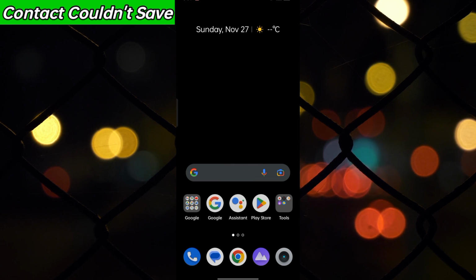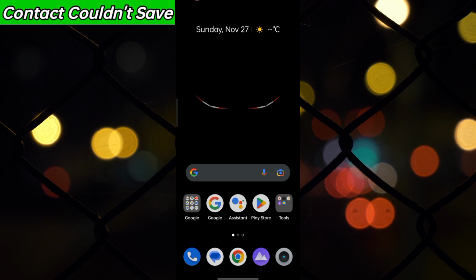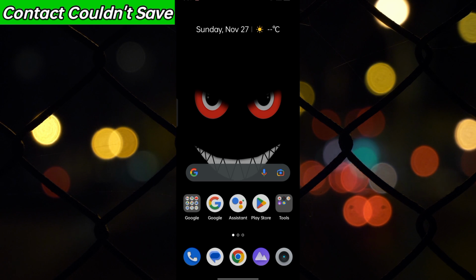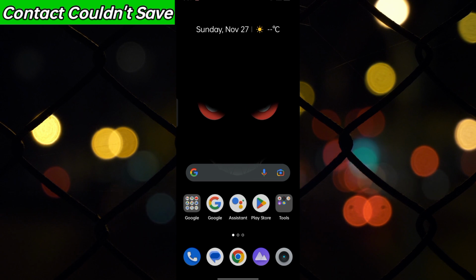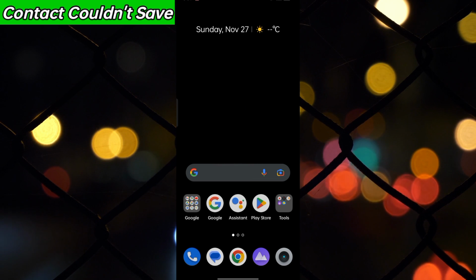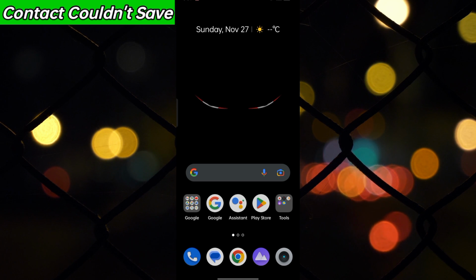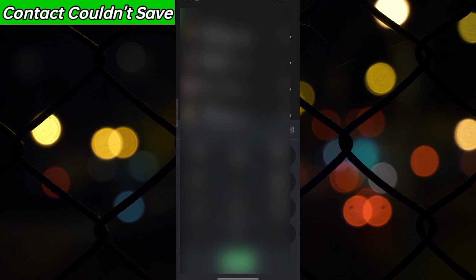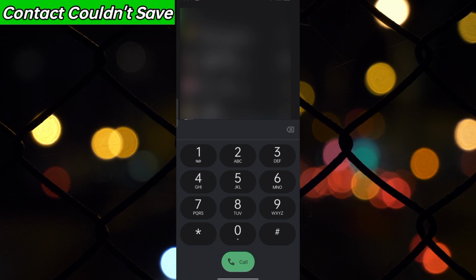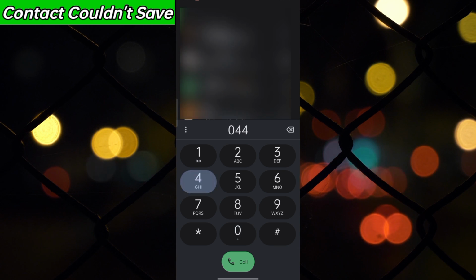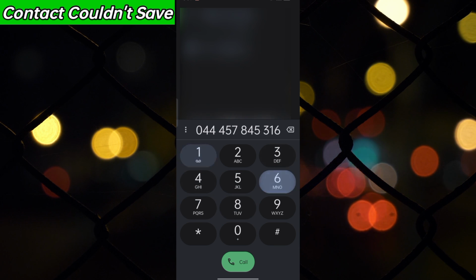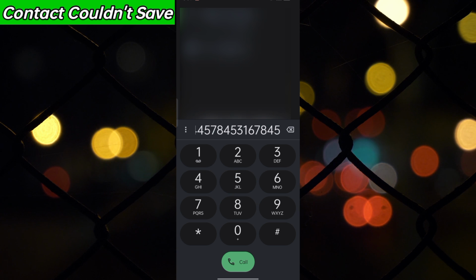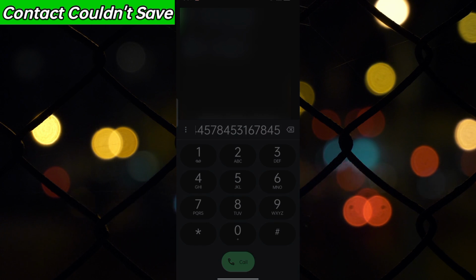So first of all, whenever I try to save any contact, it will say "contact could not save" or something like that. So here I'm showing you a basic fix. Whenever you're trying to save a contact, let's add a random number here, let's say okay. So now whenever I try to create a new contact here,